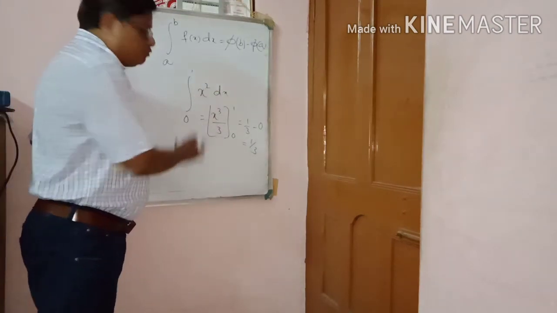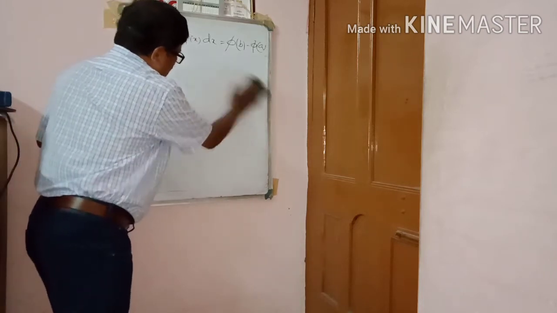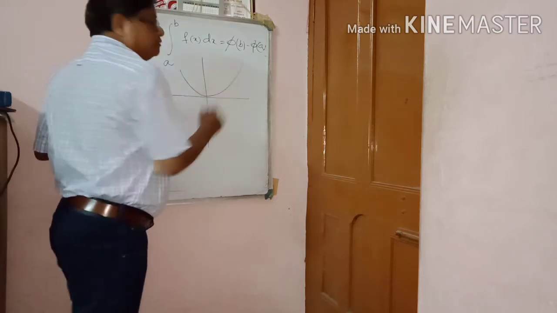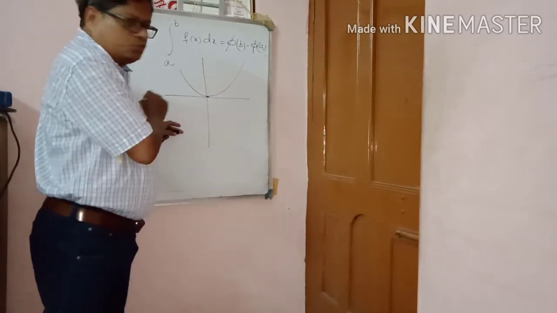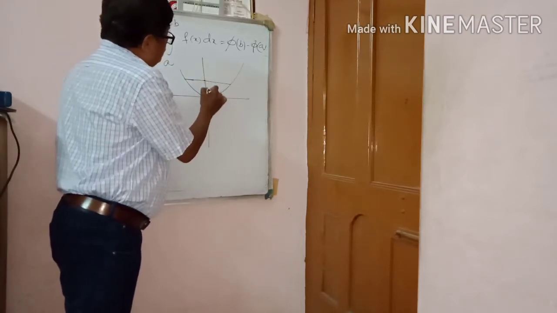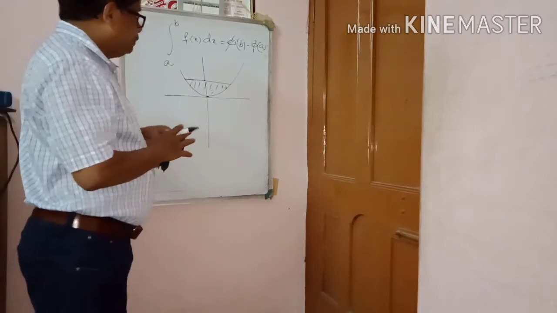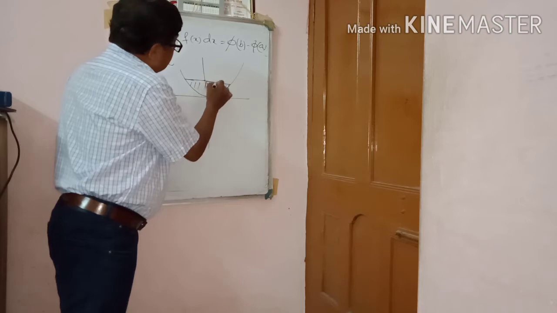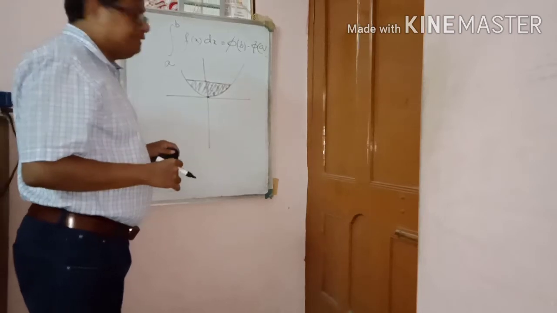So this is the curve y equal to f of x. Here, in this curve, y equal to x square, from 0 to 1. Suppose this is 0, this is 1. So this function, this is the area. One part is there, 0 to 1 x cube, this part area. Total, part 2 into this, both are symmetrical, so the total area will be 2/3.